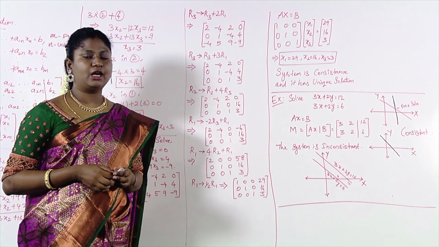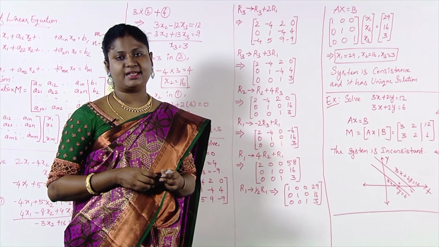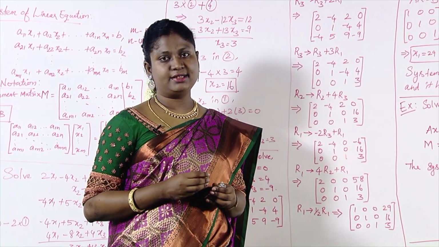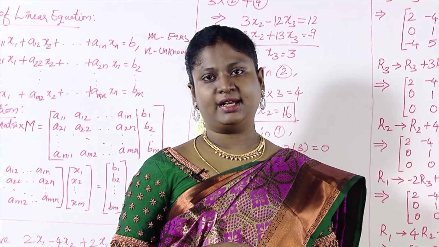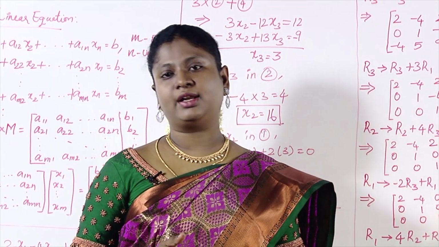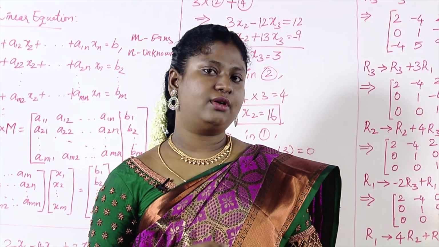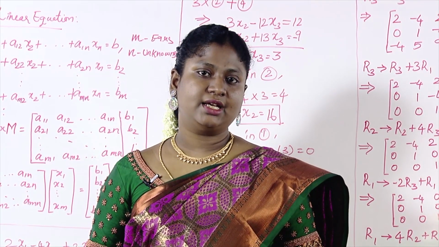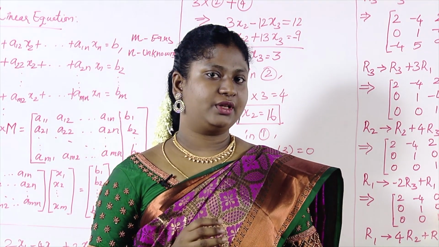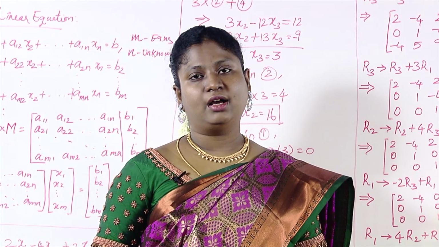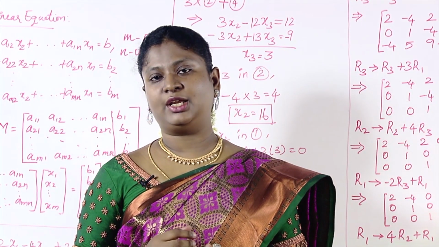So, now we have seen an example of a system of linear equations that has a unique solution and that is consistent. Now, we have already stated that a system of linear equations may not have a solution at all. In that scenario, we will call it an inconsistent system of linear equations. So, in other words, what do we mean by a solution of two linear equations in variables x